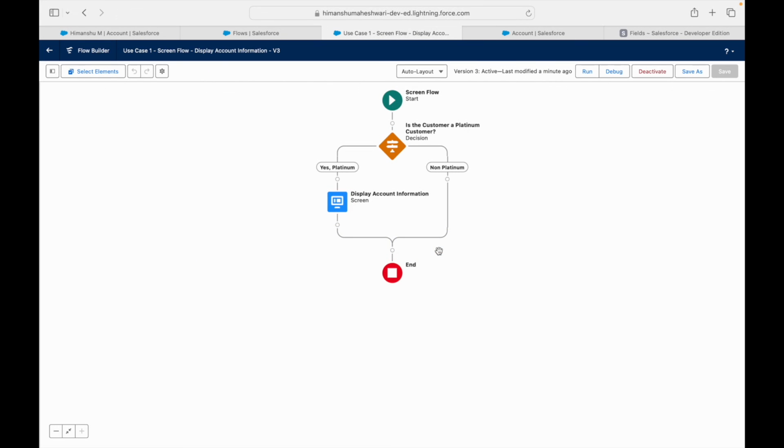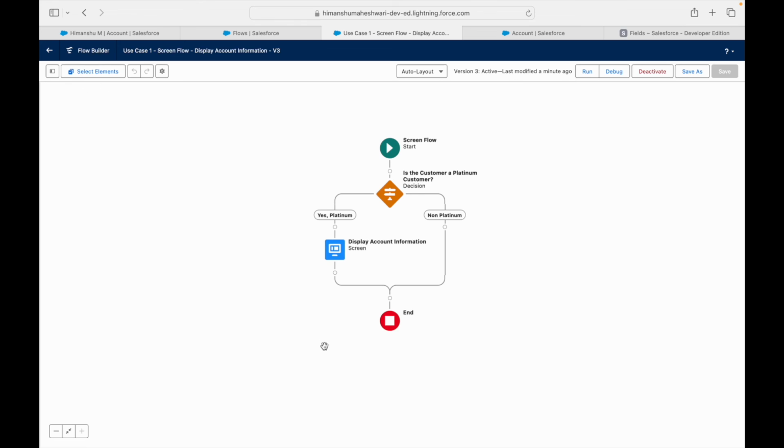But the reason I showed you the decision node is because you might have two different screens to show to two different kinds of customers, right? You might have n different decision nodes and show n different screens. Can you do that now? Yes, you can, using the decision node. Correct. So a decision node lets you choose what path you want to go to, with what variables and with what input or what output you want to show to this user, and then you can accordingly end your flow. All right, so this is a very neat, a very small flow that we created as use case one,